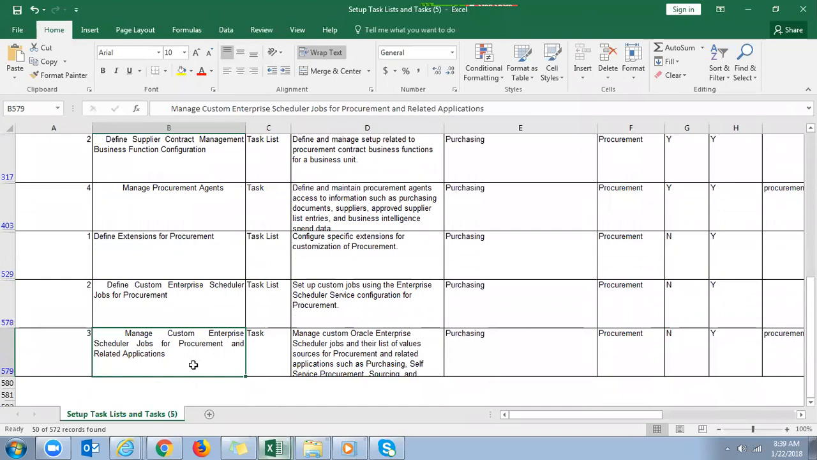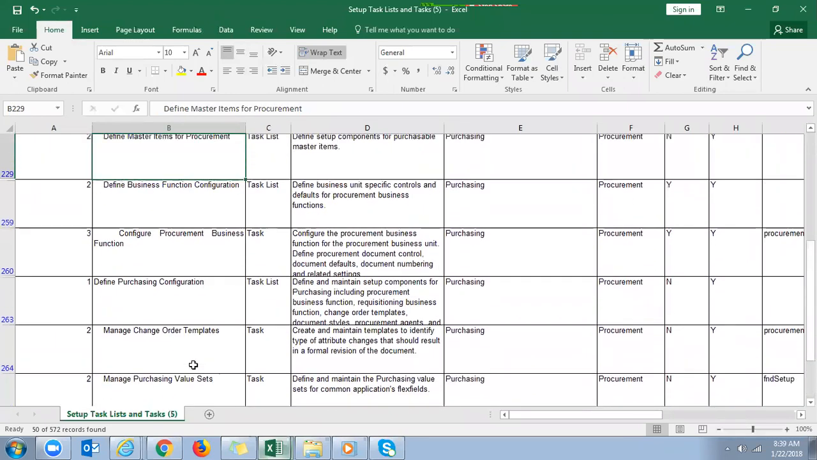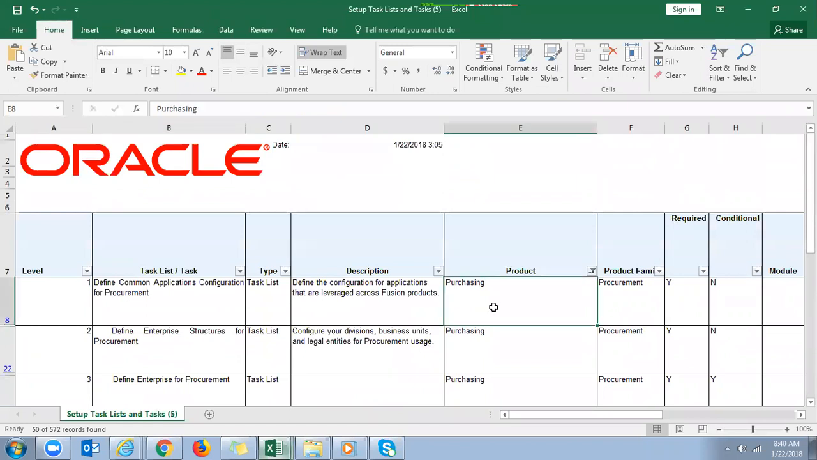Got it. So this is how we configure this, by using this Excel spreadsheet. One by one we can complete the configurations related to the purchasing module, and it's also good that if you can suppose let's take a new